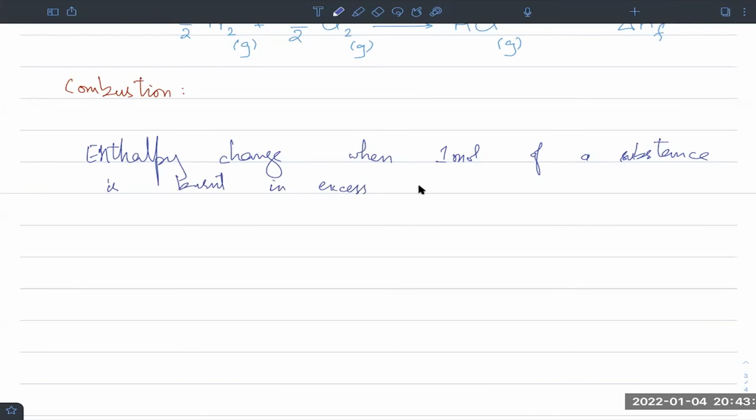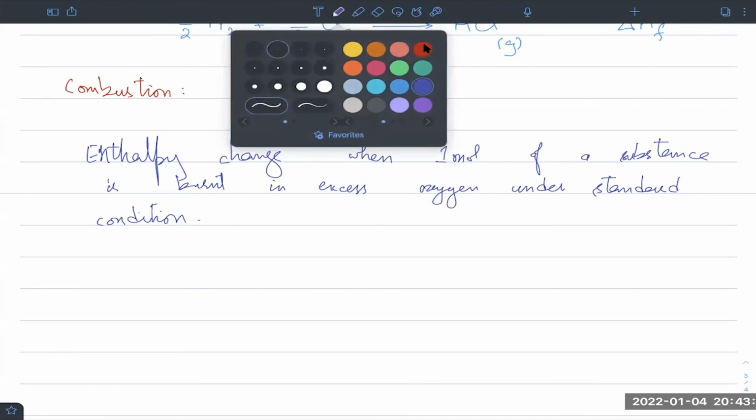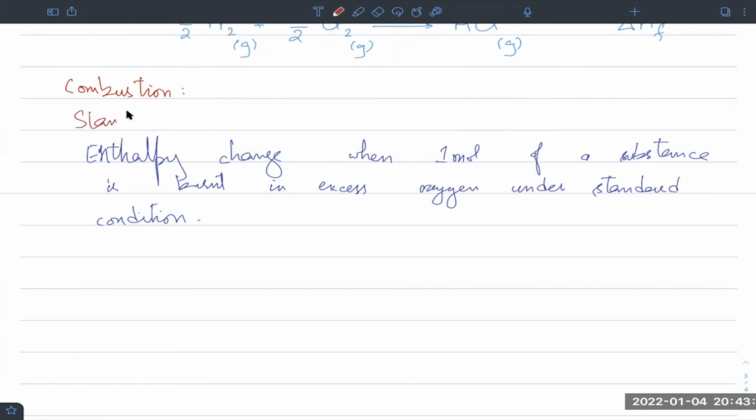Either you mention that you have excess oxygen, or you say that it's burnt completely in presence of oxygen. All right. And then under standard conditions, don't forget that part, because without that, you can't have standard enthalpy change. While combustion can happen at other conditions, and for more than 1 mole, if you want to have standard enthalpy change